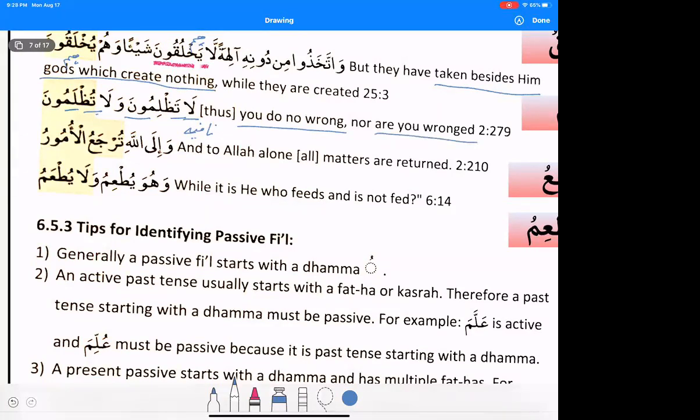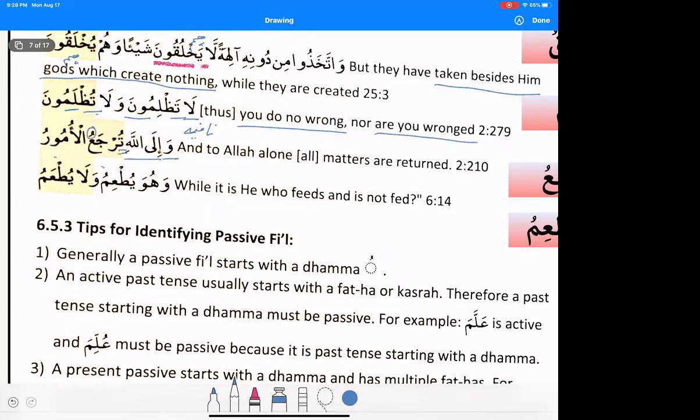Next one, wa ilallahi. So wow came, which is our ataf, and ilallahi, ila is our harfu jar. So this is our jar majroor fragment, and towards Allah turja'ul umur. So now turja'u is giving me a clue that this u ending and this ta beginning. So this is our